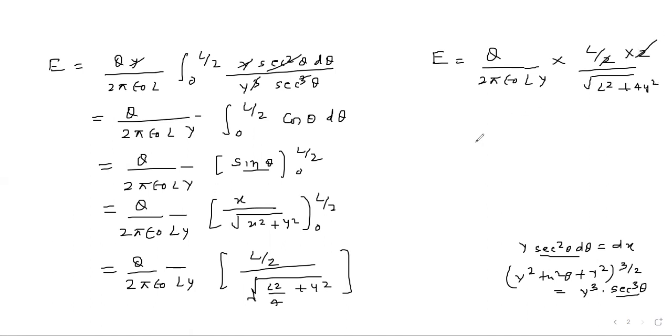So 2 will cancel out, and this L will also cancel out. So we will be left with q upon 2 pi epsilon naught y times root of L square plus